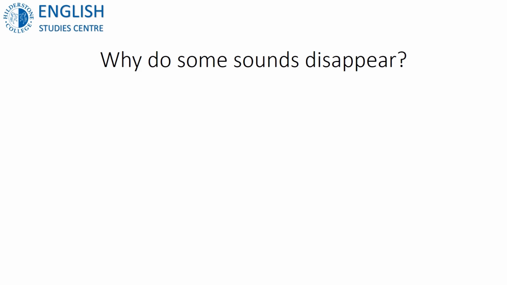So, the sounds that disappear are consonant sounds. They're usually one or perhaps even two sounds from the middle of a group of consonants. We often call a group of consonants a consonant cluster. Shall we have a look at some examples, because it's much easier when you actually look at some sentences and